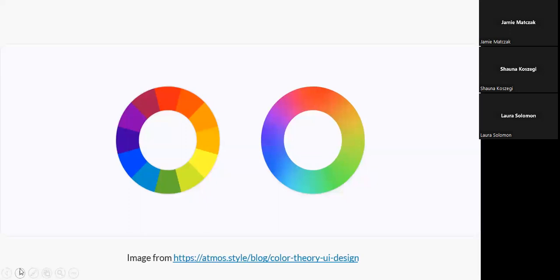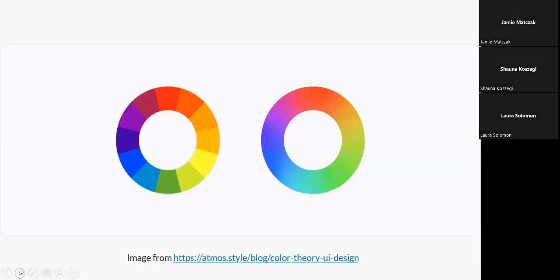But in reality, and you know this if you've used any kind of graphic design software where you could pick a color, there are millions of colors and they blend into each other. So what you see on the left is kind of dumbed down in some ways so that humans can use this effectively. But the reality of colors is that we're really working with something more on the right.